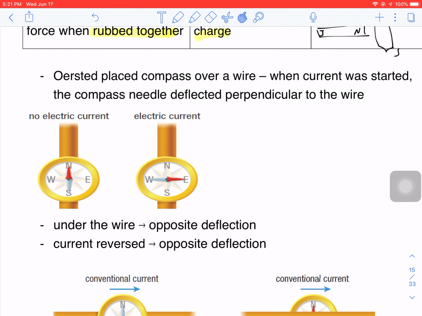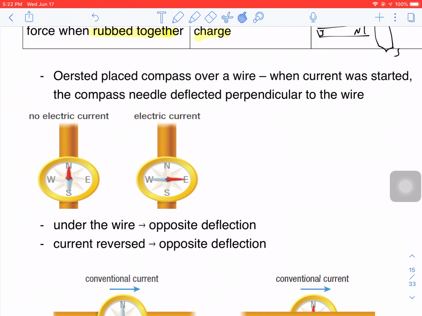And he turned it off, and it went back to pointing north, and he turned the electricity on, and again, bip, straight away. It didn't just slowly cruise over there. It automatically went directly to east. Right? Now, if he turned the direction of the current around, so that instead of having positive at one end and negative on the other, if he flipped them around, right, so I had negative on the one end and positive on the other, the needle pointed the opposite direction,